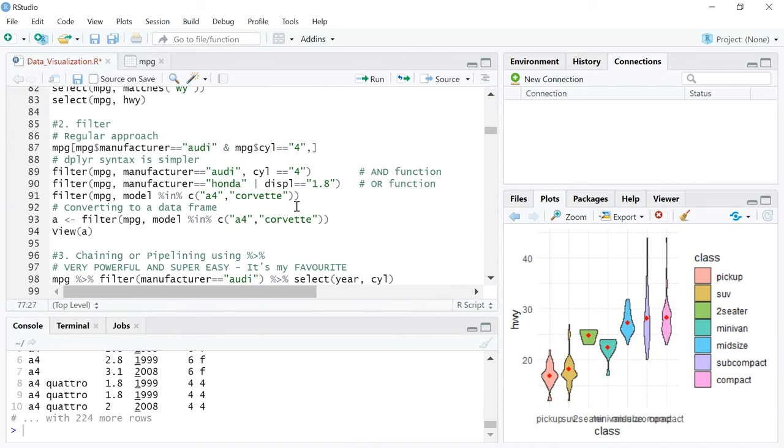Now I'll compare the regular R usage versus the dplyr usage, just to show how simple it is. As I mentioned earlier, if you want to filter on a particular column, because the filtering is happening on a row, you will write it before the comma. You will say MPG, square brackets, and this means you will select only rows where manufacturer is equal to Audi and cylinders is equal to 4.